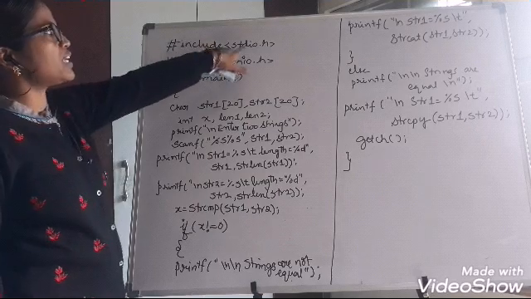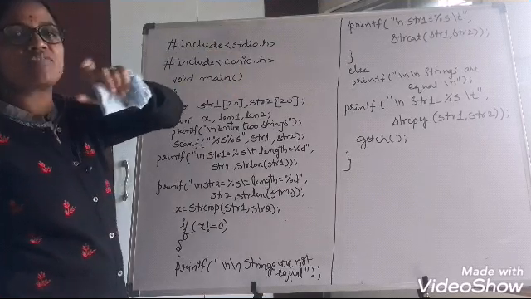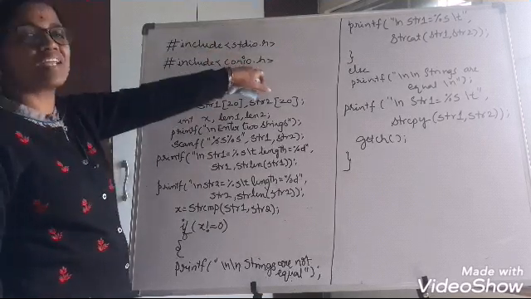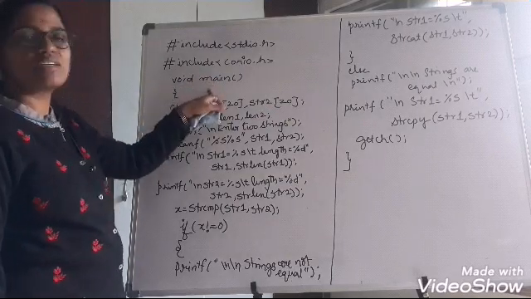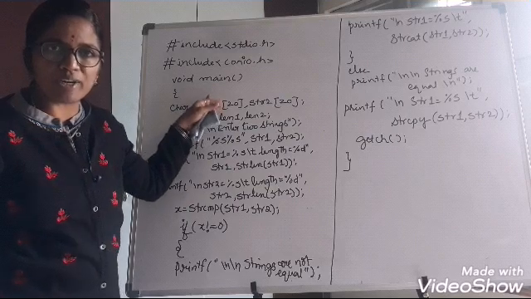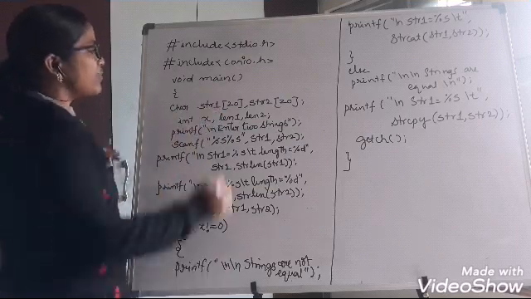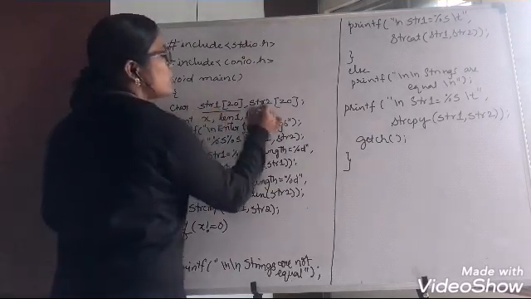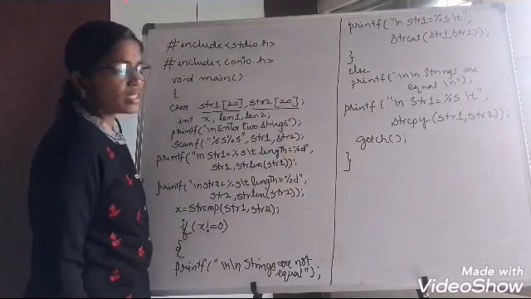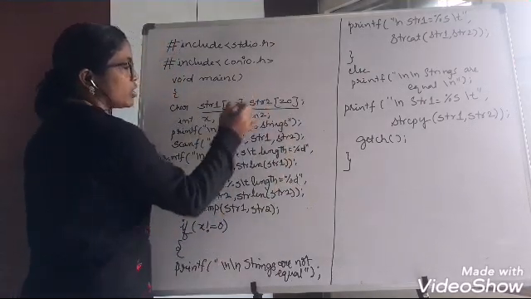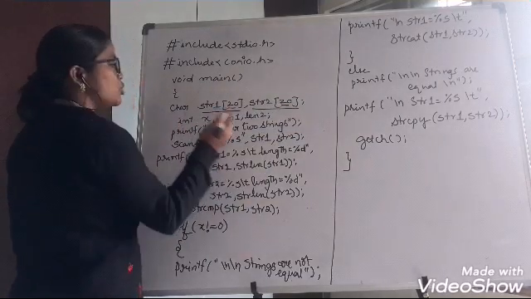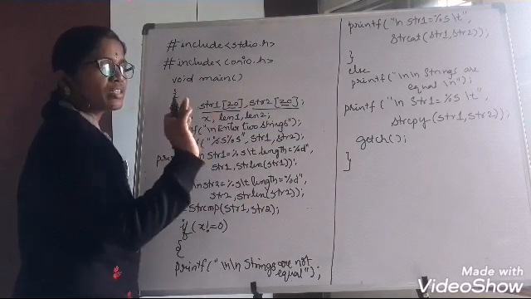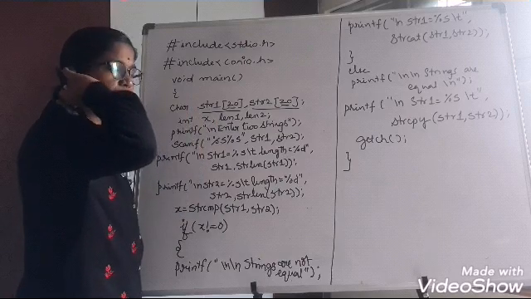So #include <stdio.h>, a common header file included for our C program. Next is conio.h, the console input output header file. Next, every C program starts with void main. The main section has two character arrays, string 1 and string 2, of size 20 and 20. Maximum it can hold only 20 characters, so the string length can be a maximum of 20.